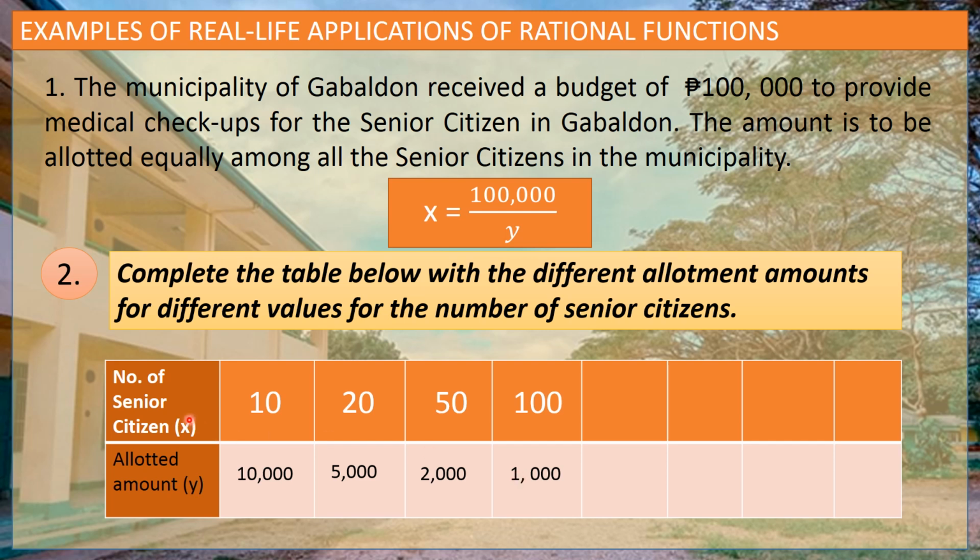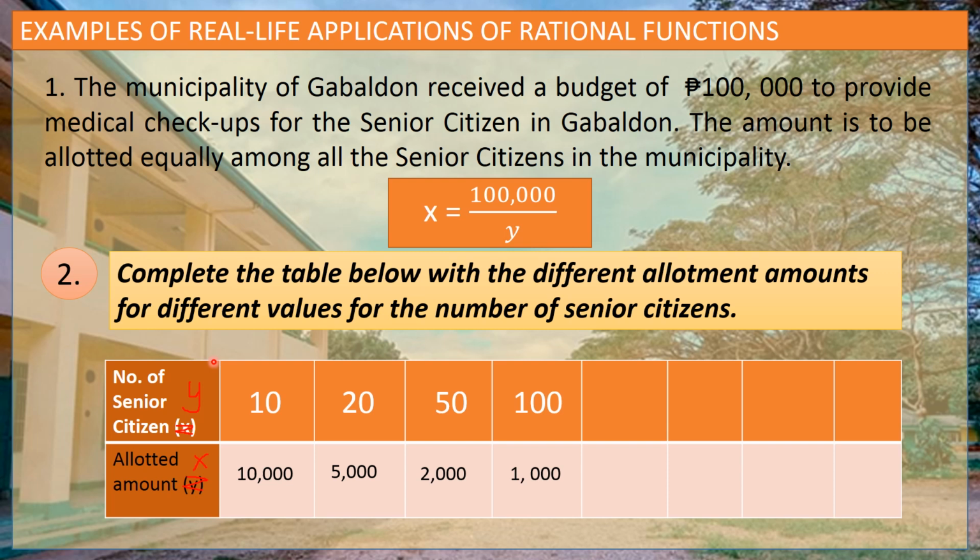Again, ulitin ko ha, baliktad yung ating variable. Dapat dito y and dito ay x. Okay. Baguhin natin. This is y and this is x. So, mali ito. Hindi siya ganyan. Okay? So, next,